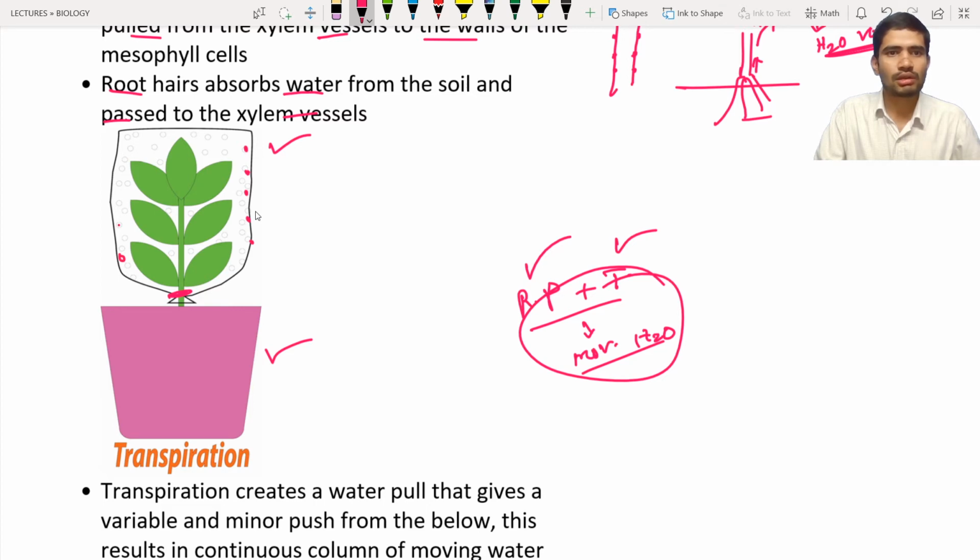Now the question is how the water droplets are formed inside the polythene bag. That is simple. What is that? The transpiration. From the pot, the water will be transferred to the plant body, and from the plant body the water will be released into the polythene bag. So the water vapor is released into the polythene bag by the leaves by a process known as transpiration.